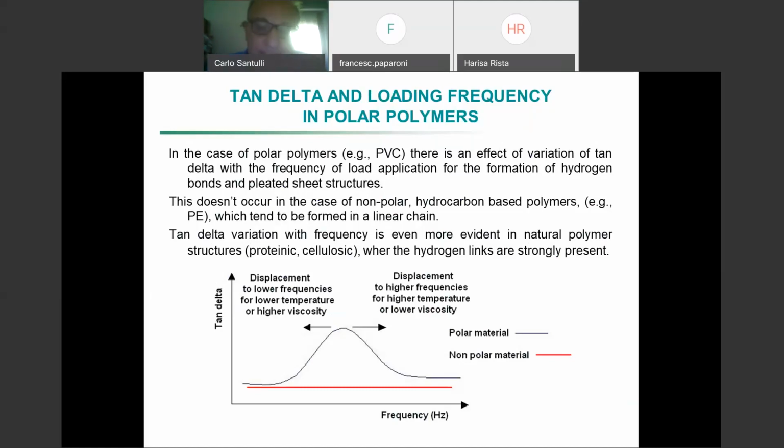And for example, this is already the case with PVC, and you can have a kind of formation of pleated sheets, which is the normal situation in biopolymers, natural polymers like protein or cellulose. The two main categories of biopolymers are proteins and polysaccharides, so derivatives of amino acids and derivatives of sugar. And in this case, they are strongly polar, and basically the losses depend a lot on the frequency of the